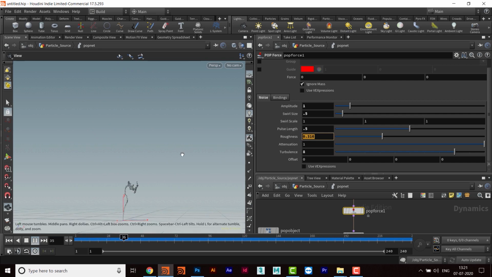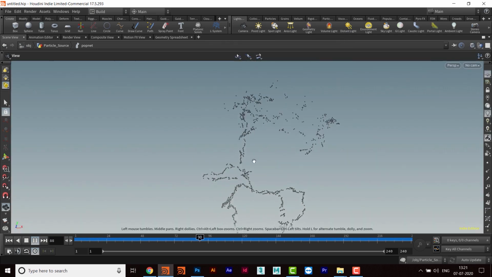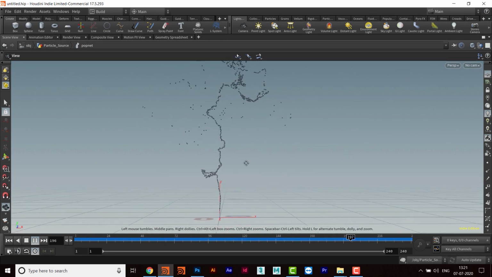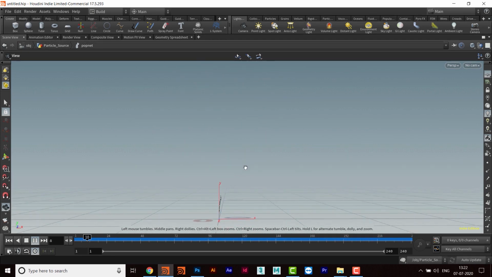So in this one, I just want to give you some sort of introduction here. That was the first part of the particles. Maybe we can come to the second part.